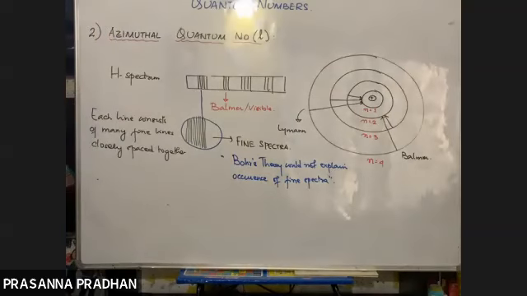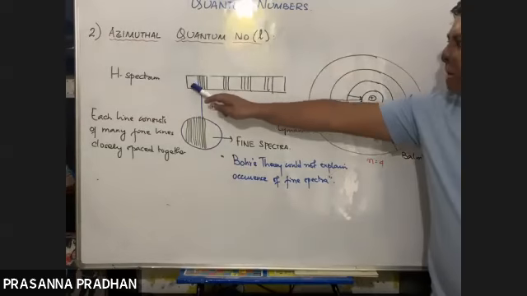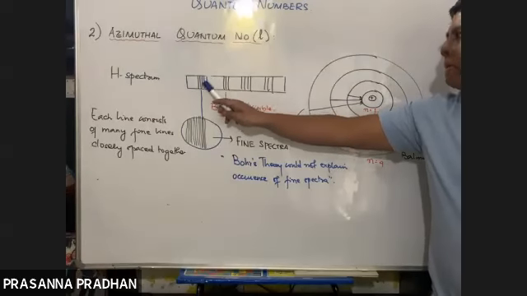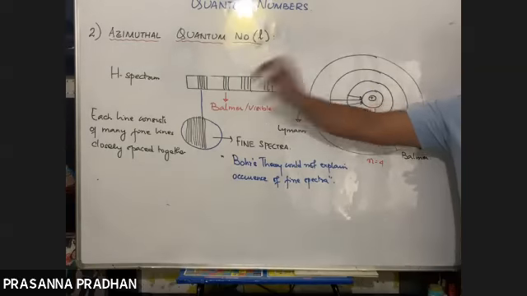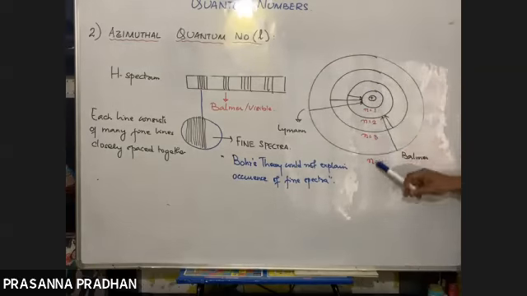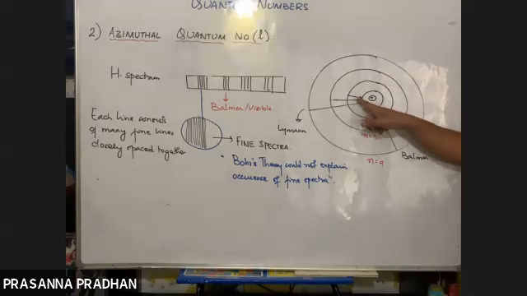I'm going into quite a detailed study of this just to help you understand the origin of this quantum number. The Lyman series and Balmer series could be explained by the fact that when an electron makes a transition from one shell to another, we get lines corresponding to different shells, and the shells are designated by the principal quantum number. So when an electron makes a transition from 4 to 1, we get a line corresponding to Lyman. 3 to 1, again Lyman series. 2 to 1, Lyman series.